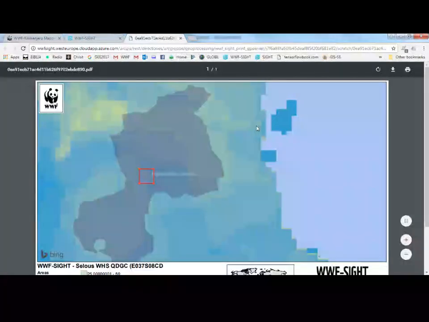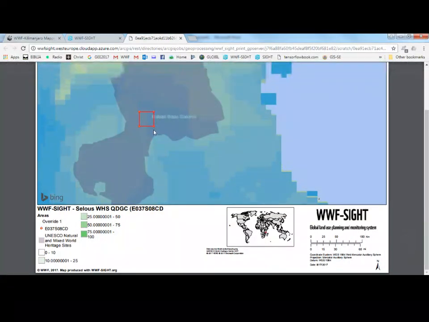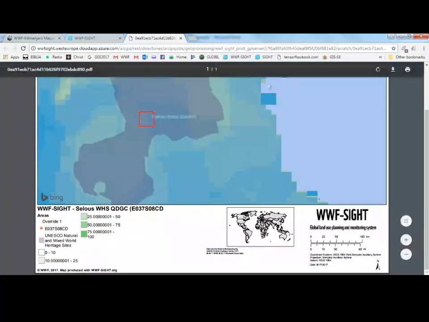Then this is already printed. Then I can open it, automatically download, and put my name here. So everybody, when I say this is a quarter degree, nearly 03708 CD, it presents this quarter degree. So this is how I can present my data. So putting it into any graphic software, putting my graph here, explaining how these things work.